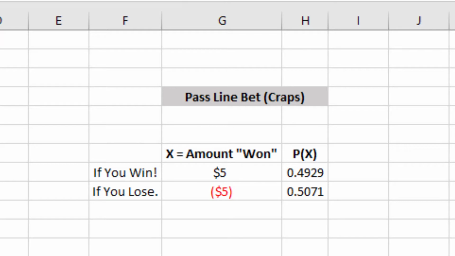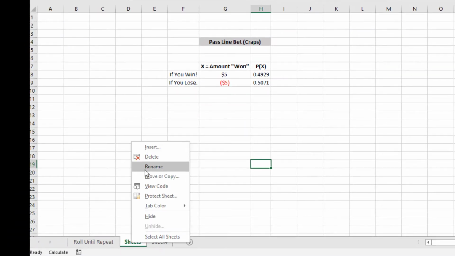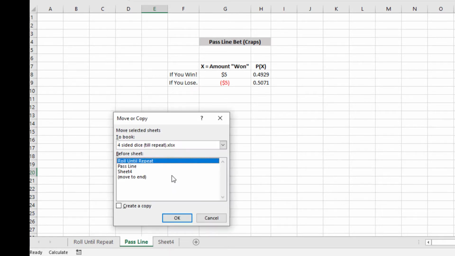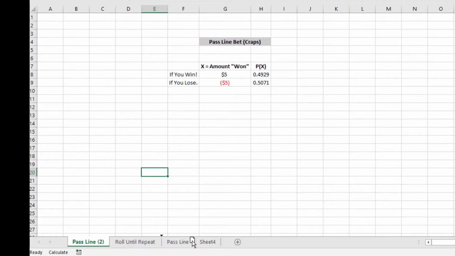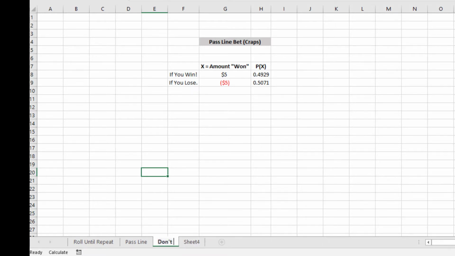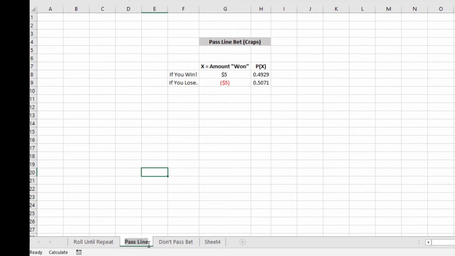Okay, my friends, so here's the little spreadsheet that we started with the pass line bet. We are going to switch it over now by just editing it to the don't pass. You know what, actually, I got a better idea. Let's actually make a new sheet. Let's rename this one pass line, and then let's copy this sheet. Yeah, let's make a copy, and then we'll actually call this one the don't pass. That way we can compare them. Don't pass bet. There we go. So we got the pass line bet and the don't pass bet. Yeah, this will be fun. This way we can look at them both.